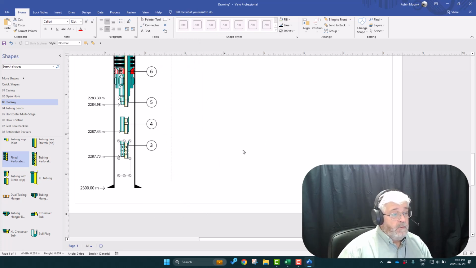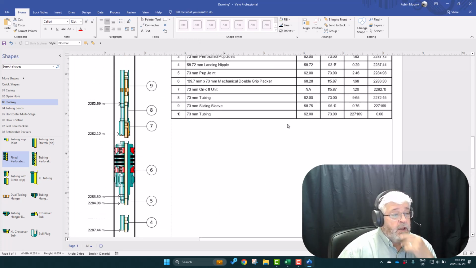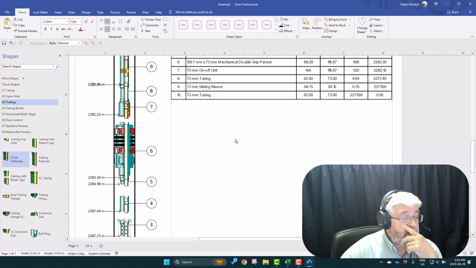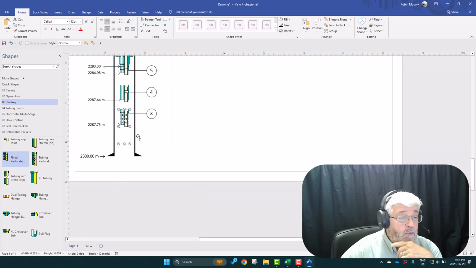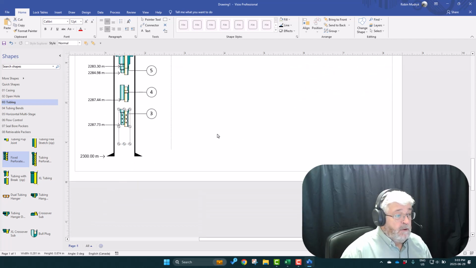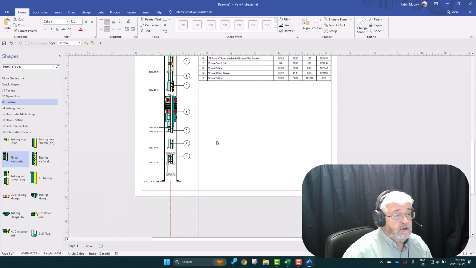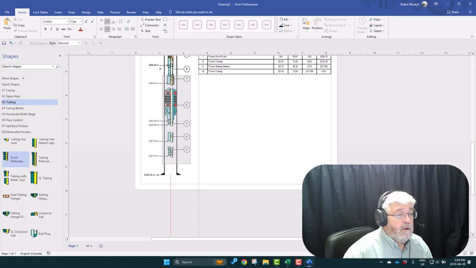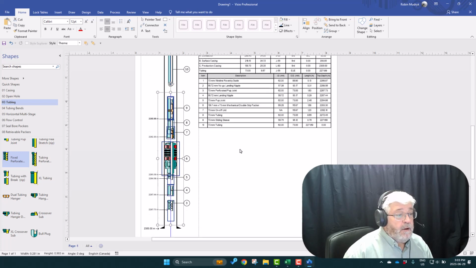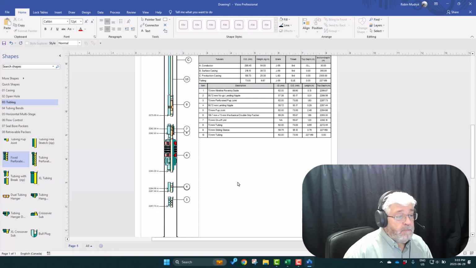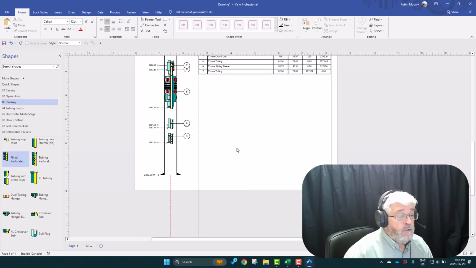Okay, so we've got two more tools to go, a landing nipple and a re-entry guide. I'm just going to finish it off right to the bottom, but we obviously are going to have to move things up. Now there's different ways you can do this. And just slide them up. Okay. And make room for